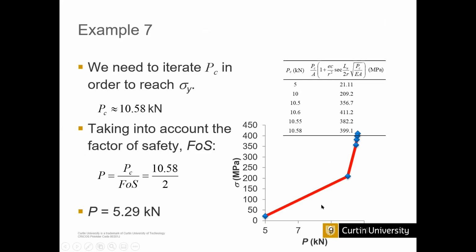In here you don't want to plot like this, it's just for understanding. But you can check when it exceeds the 400 megapascal. When it exceeds the 400 megapascal, that means that particular value, then interpolate those two and get the PC value. Then you know the factor of safety, and you can find out the load value,